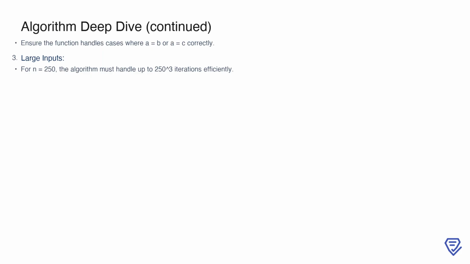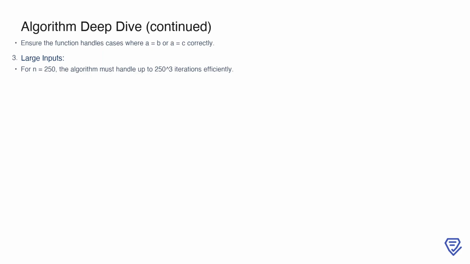For larger inputs, such as n equals 250, the algorithm must efficiently handle up to 250 cubed iterations. While this is computationally feasible within the given constraints, leveraging optimizations like symmetry and pre-computing squares can significantly reduce runtime. By addressing these edge cases and optimizing where possible, we can ensure the solution is both correct and efficient across